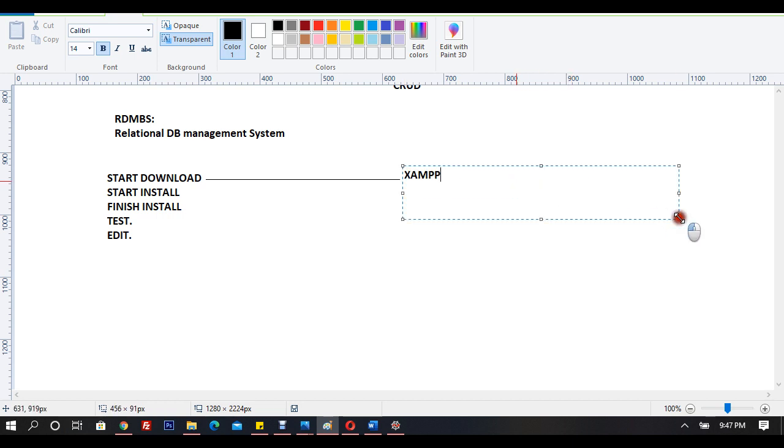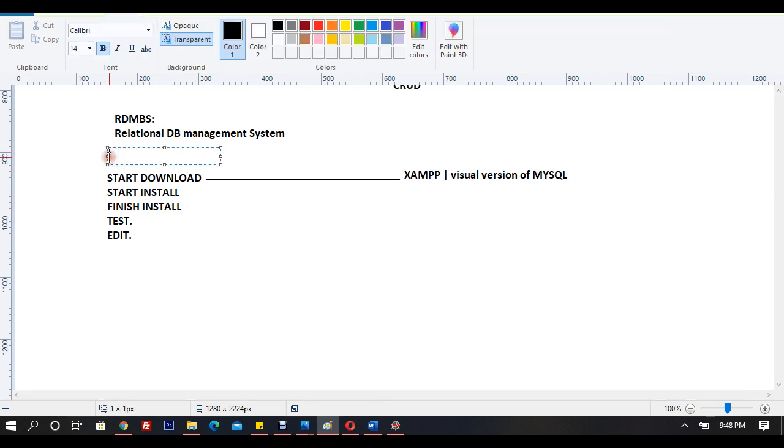And XAMPP has a visual version of MySQL, right? What is MySQL? SQL stands for, SQL is, we will write it down here. SQL is called structured query,